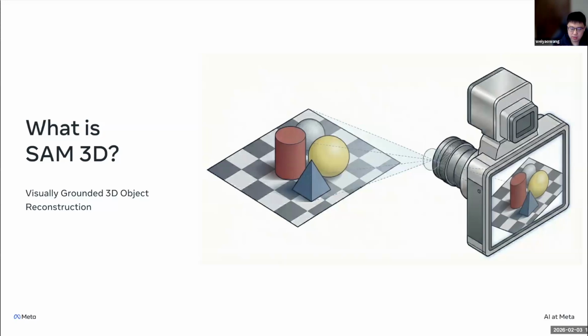So to begin with, what is SAM 3D? SAM 3D tackles the problem of what we call visually grounded 3D reconstruction. What do I mean exactly by that? When a camera takes a picture, there's a three-dimensional world outside, and this three-dimensional world gets projected to the camera. This process is basically computer perception, how a computer represents the visual world. SAM 3D's goal is to reverse this perspective transform and recover the objects in 3D, including the parts that weren't visible in the original image. It's basically undoing the computer perception process.